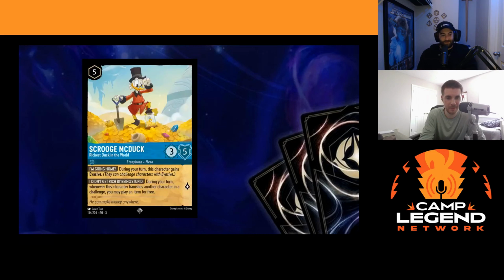Me as well. All right, this will be the last of my characters that I preview here before we get to our one consensus pick of a good disruptor card here. Scrooge McDuck, richest duck in the world. He's a hero in Sapphire for 5 cost uninkable, 3/5. He's got evasive on his turn, so he can challenge characters that have evasive on your turn as long as they're exerted. And it says, during your turn, whenever this character banishes another character in a challenge, you may play